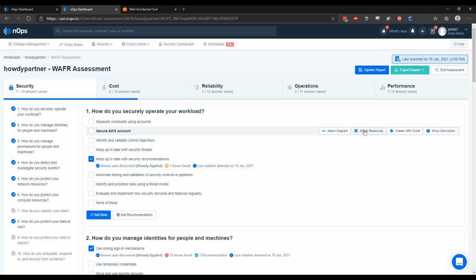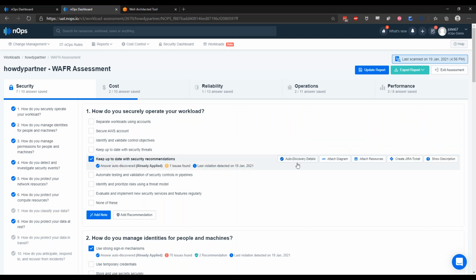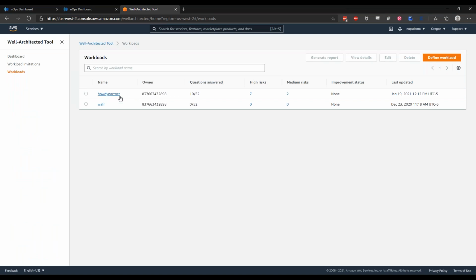We allow you to attach resources and diagrams to any of these particular questions throughout all 5 pillars. Those will be reflected in the reports that you can generate for your clients. And then what we allow you to do is actually update and sync these reports to AWS. And if you jump into the well-architected tool, you actually can see that these things get synced up to